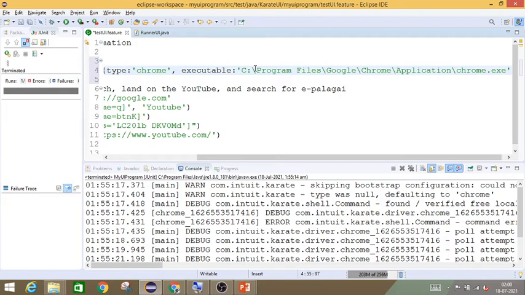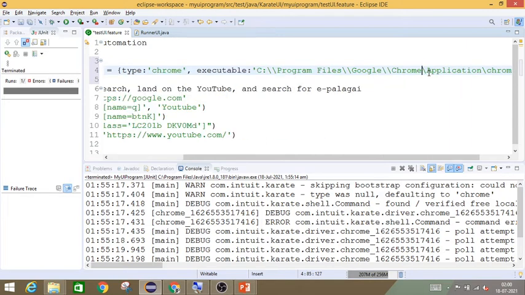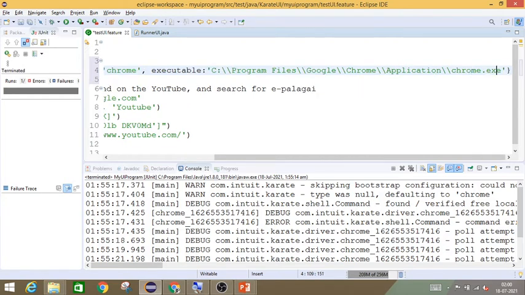Everywhere you put two slashes for the path. And then the last one. So we have given the path for Chrome. Now save it.